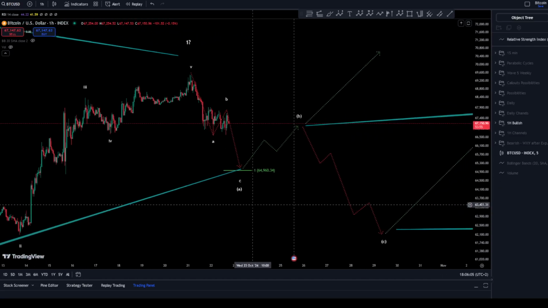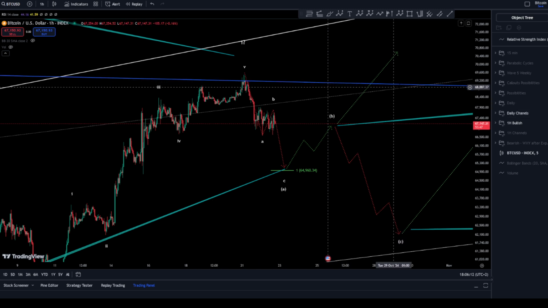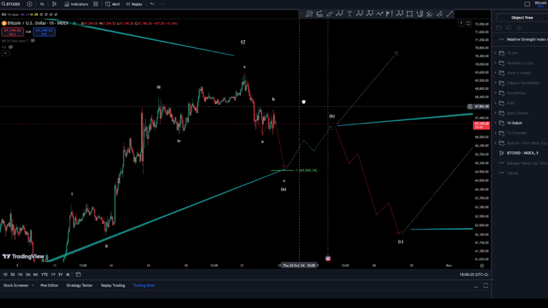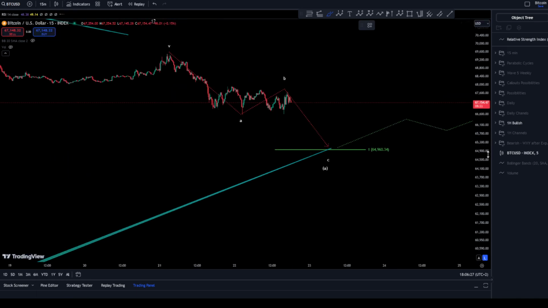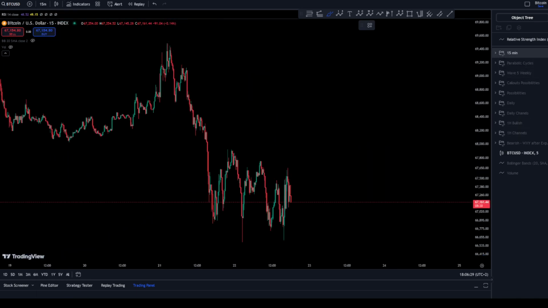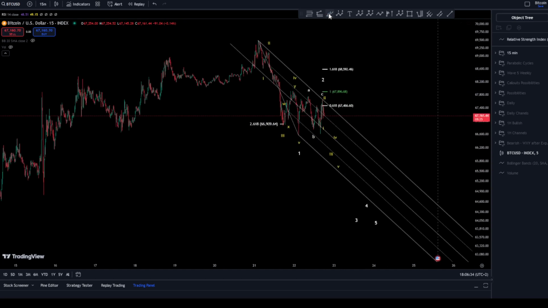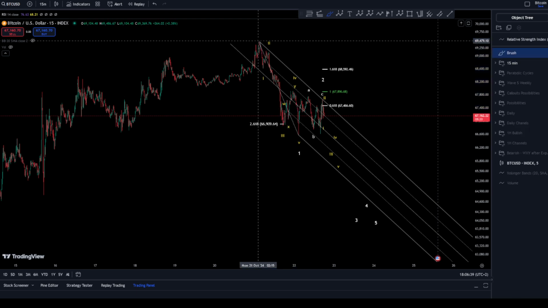So you can go back to it and watch exactly the level where we are having a daily channel here. And as you can see, this blue line plays your corrective channel. If you break it, it might give you a chance towards a new all-time high. So by all means, now on the 15-minute chart, if we go a little bit deeper inside this analysis, we can see that if we are in a wave A here,